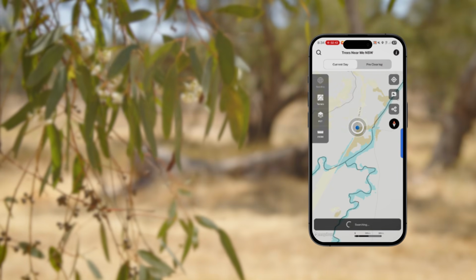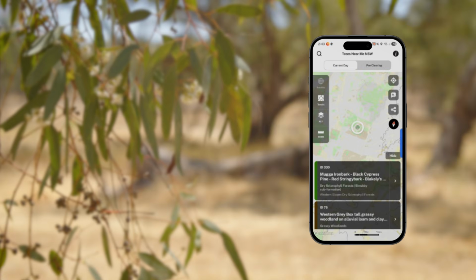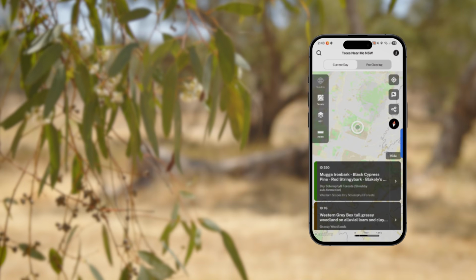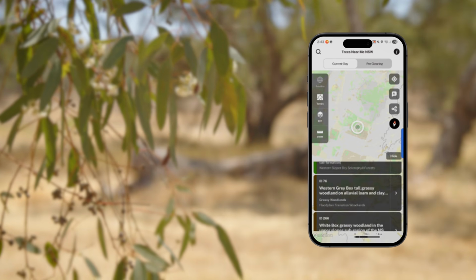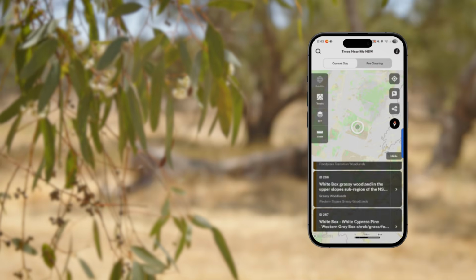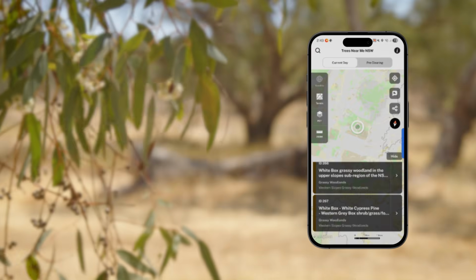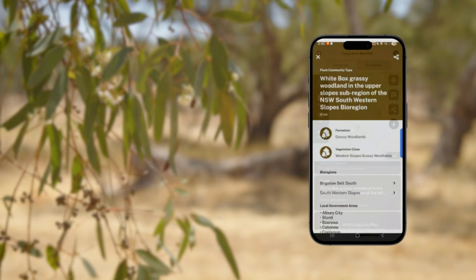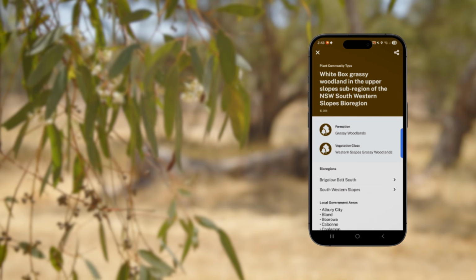Now, more importantly, the main feature of our screen, the PCT description and identification number. When you focus the target circle over the PCT layer, a description and ID number for that PCT will appear. Pending the size you have chosen for your search radius, other PCT layers found within, for example, 200, 500 or 1,000 metres, will also be listed in the description window at the bottom of the screen. Now, to find out more about a particular PCT, you can tap the PCT layer and the following details will appear. The PCT identification number,